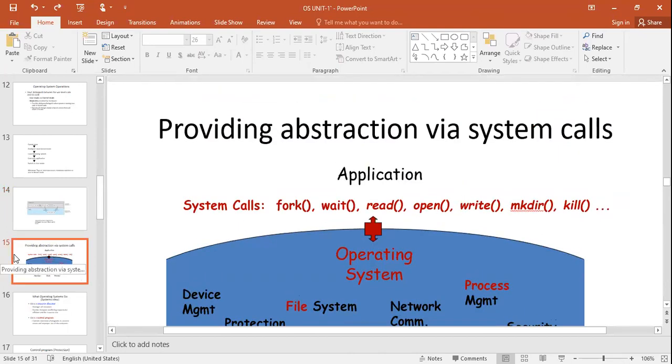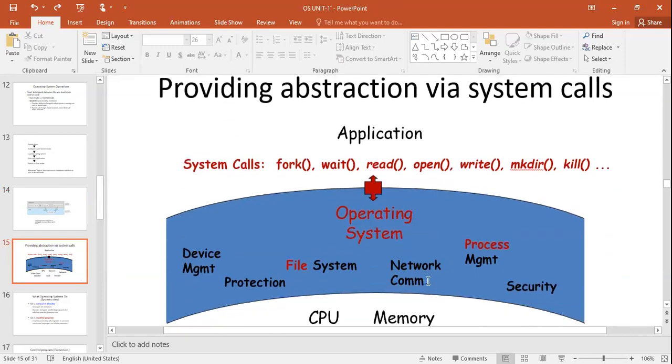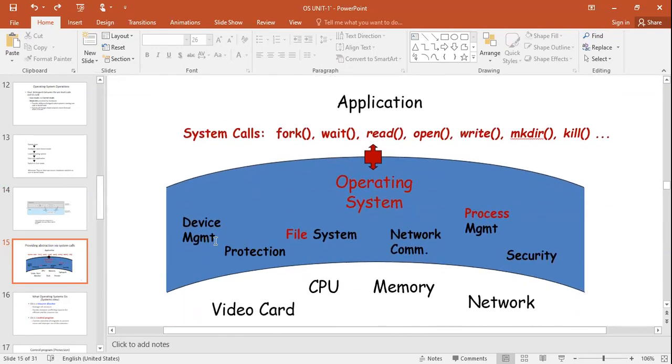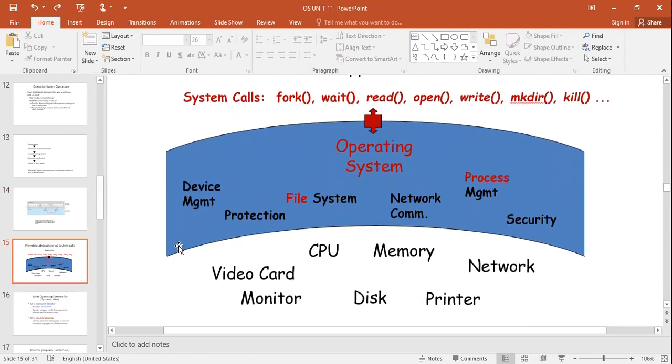Okay. Now, this is an abstract view of what exactly a system call is. This is your application, and this is the operating system. The operating system provides device management, protection, file system, network communication, process management, and security. These are the different resources: CPU, memory, network, printer, disk.